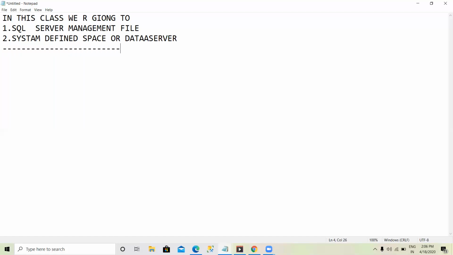Server is nothing but the place where we can store our data in the cloud. The place where we can store our data in the cloud is called server.